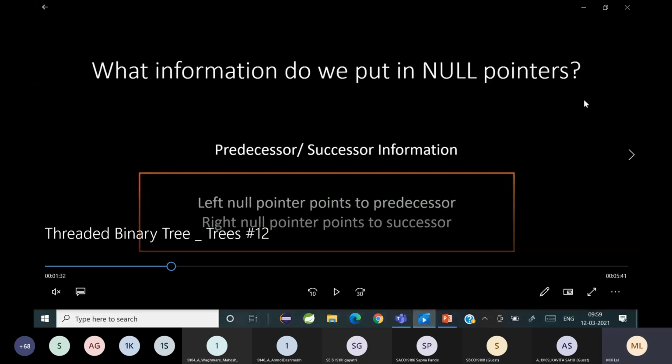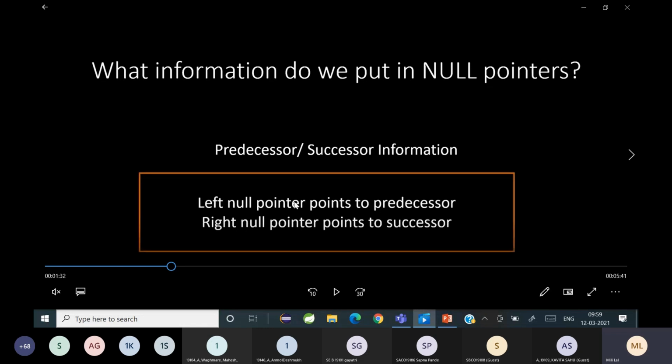So what is the information that you're going to put in the threaded binary tree? If the null pointer is a left null pointer, meaning a node has a left child that is null, then it is going to point to the predecessor. And if the right child of a node is null, then it is going to be made to point to the successor.